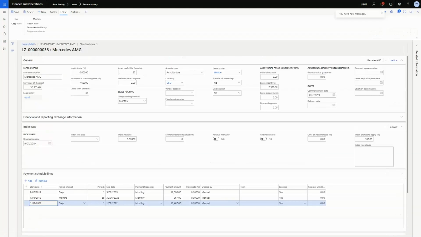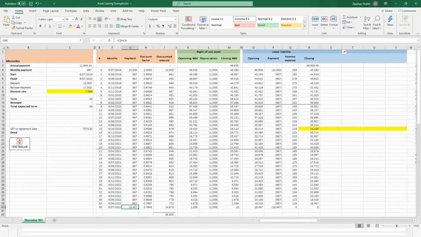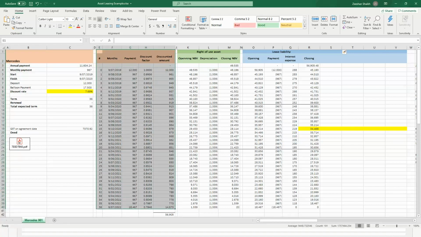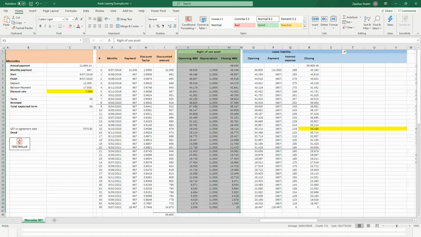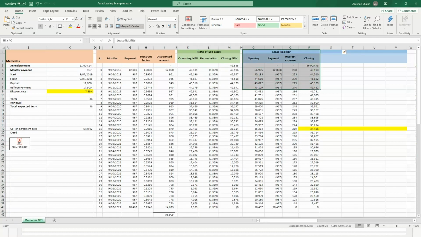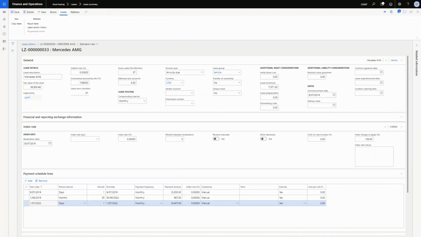In the background, the system is generating my whole calculation, the whole spreadsheet which I have made outside of the system. The system is generating this portion for my payment, right of use transactions, and my lease liability. Everything is being calculated in the system. So let's see that. If I go into the books,